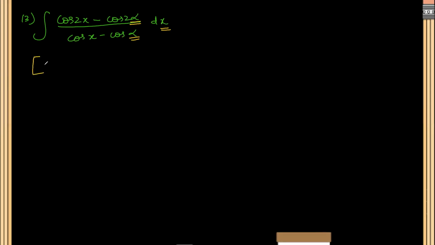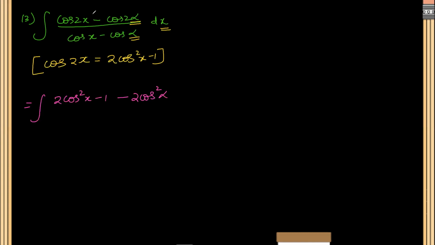So we can make use of the cos 2x formula as everything is in terms of cos. The cos 2x formula is 2 cos square x minus 1. Let's try to use this formula here. So in place of cos 2x, it is 2 cos square x minus 1 minus cos 2 alpha, just replace x as alpha, minus is out, so this plus will be minus, so minus 2 cos square alpha, minus into minus plus 1, the whole by, let the denominator be as it is, cos x minus cos alpha